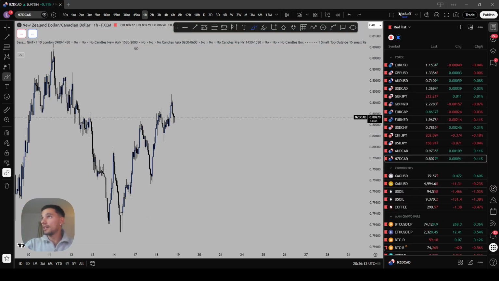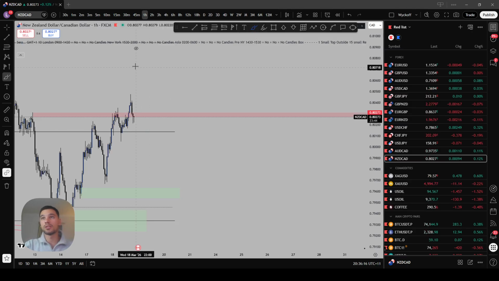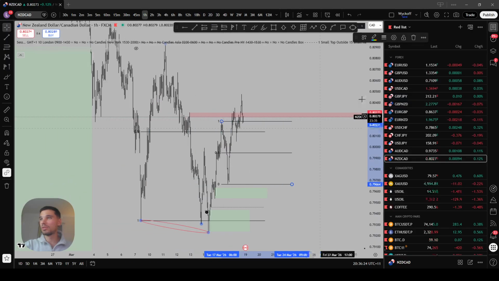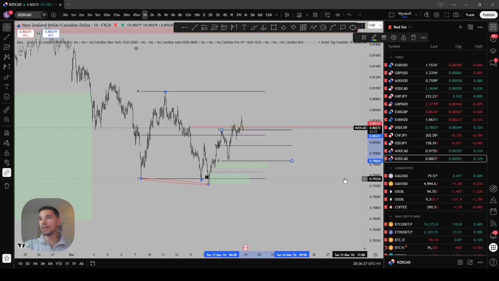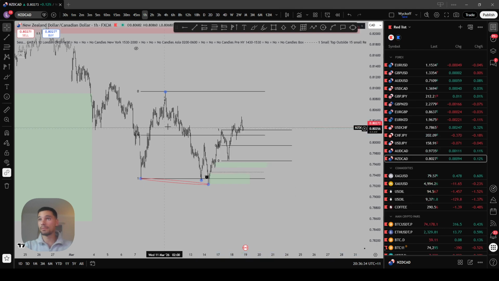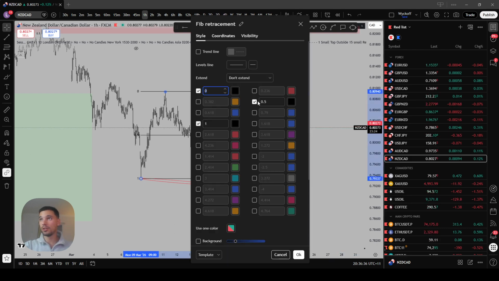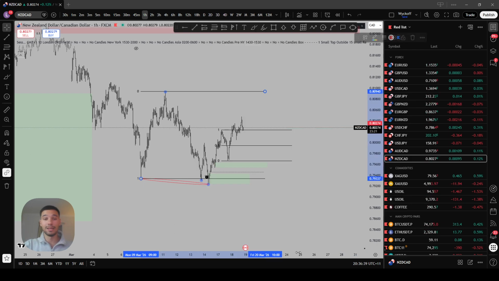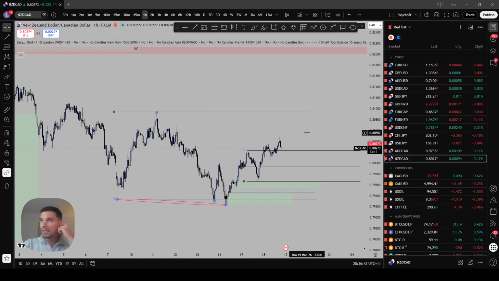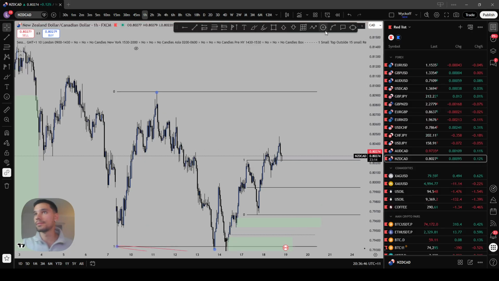We'll look at NZDCAD, our last pair. Could be something here, potentially. I just want to see the context again, and context is a confirmed accumulation, so be careful there. We've also just run through supply, so plenty of reasons to be cautious. Did we mitigate this? This is going to be interesting.